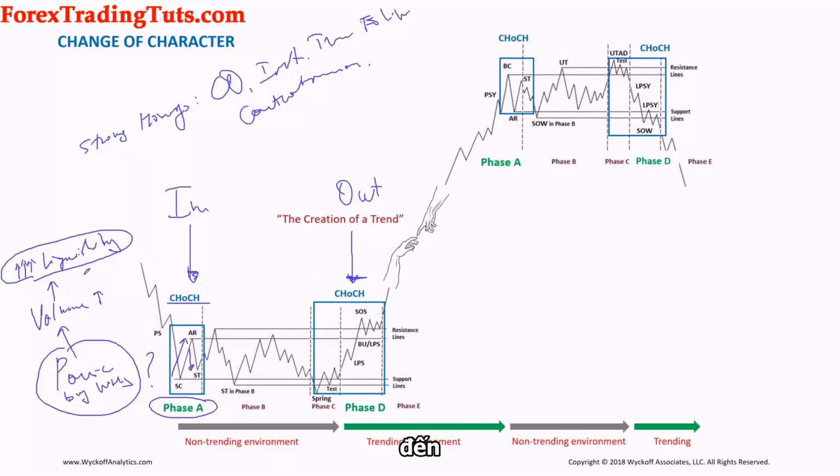So they need to cover their shorts and open the position when they can, when liquidity is available to them, when shares are available to them and readily available. So a panic by weak hands,